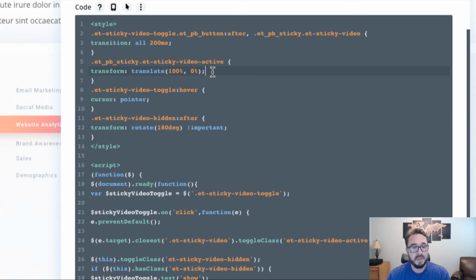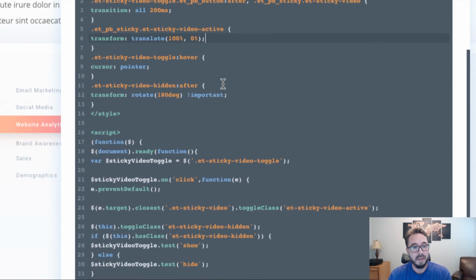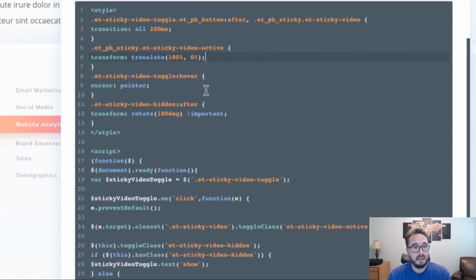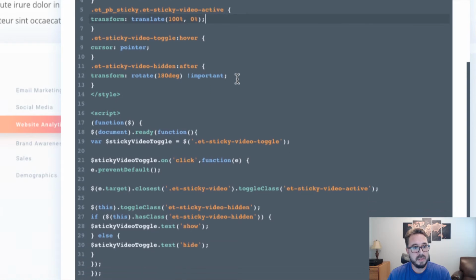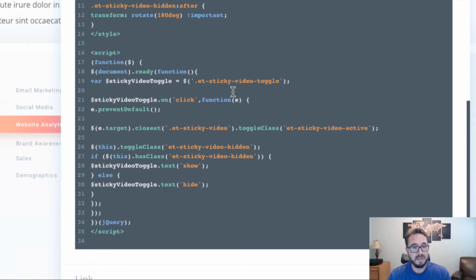So what I'm doing here is I'm moving my column over 100% to the right, out of the browser view. So that's what that's doing when it's in its sticky state. So, I'm sorry, when we click on that toggle button, sorry. Let's see, what else? Important things here. Okay, so here's our